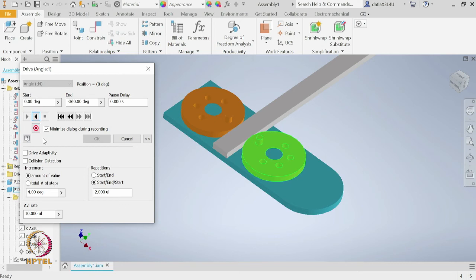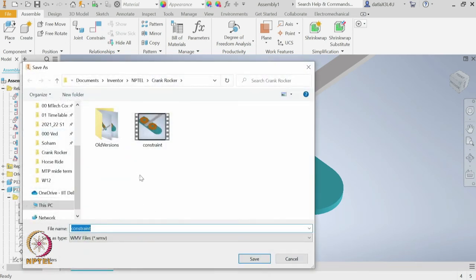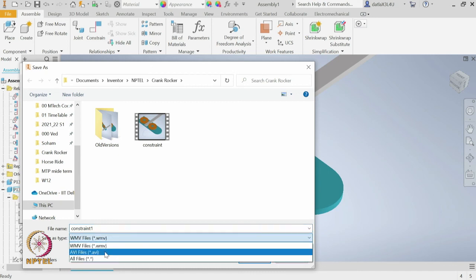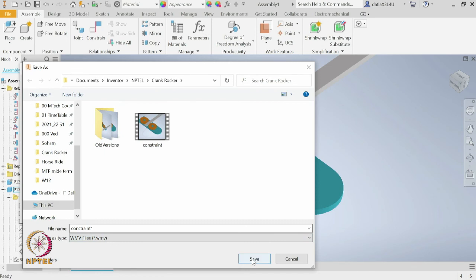We can also record this animation. To do that, we click on this record button, then it opens up, we can choose the folder where we can save it, let us say save, and when we save it has two options for the video file. One is the WMV and the other is the AVI file. With the AVI file, the file size will be big as well as the file quality is also good, but if you are fine with a low quality, WMV will save some space. Let us say save.